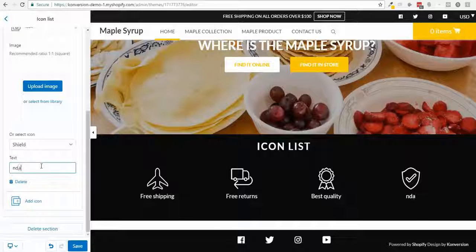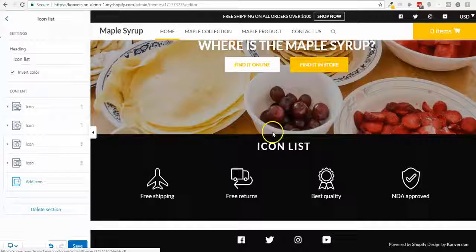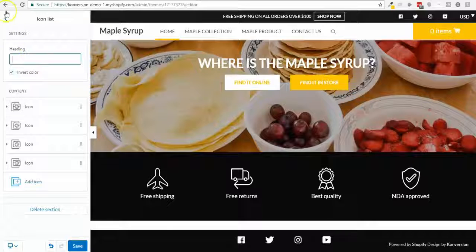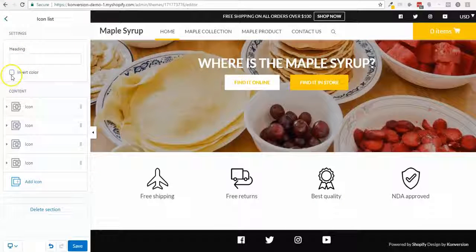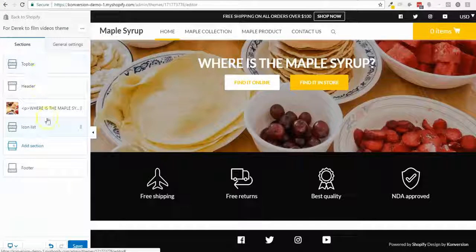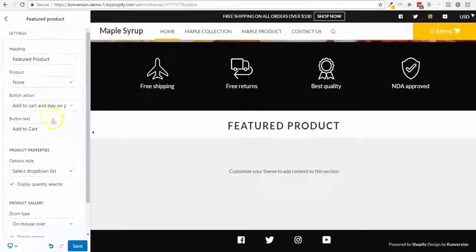So I'm gonna put FDA approved, because this is food and this is good. So you see it changes. So this is done, but I don't want any icon list title, and I could also put them white, and that's it. Click. I'm gonna add a section which is the product itself. So the single product,